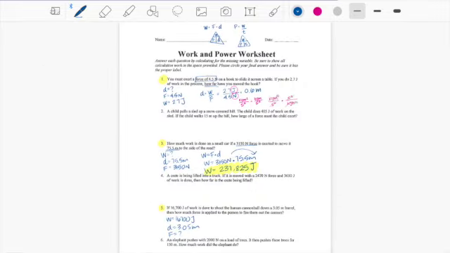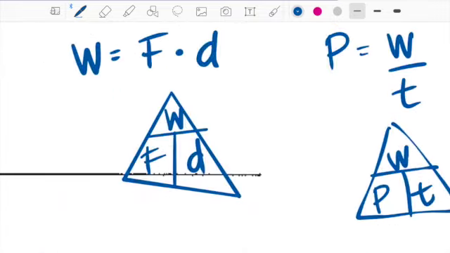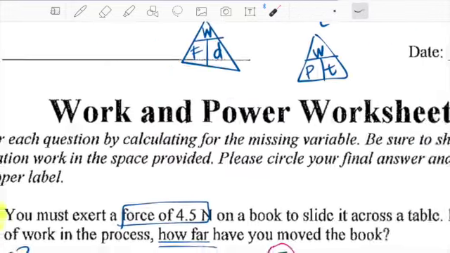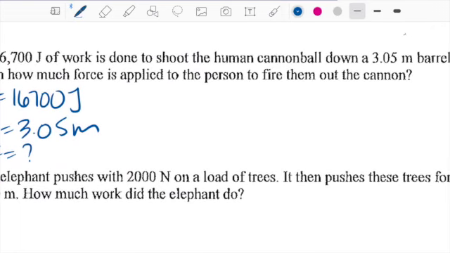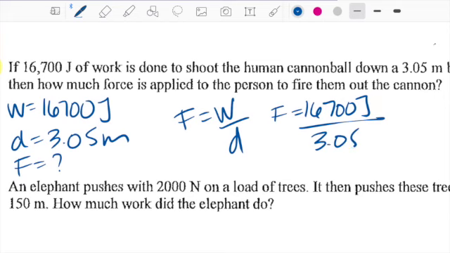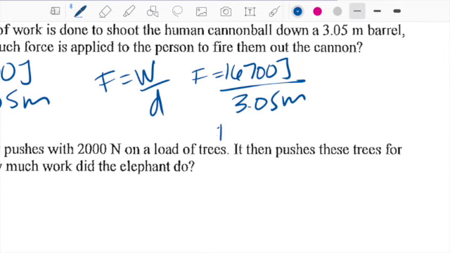Okay, so you go to your formula, and if we're searching for force, force equals work divided by distance. So force equals 16,700 joules divided by a distance of 3.05 meters. And the basic unit of force, we already know it, and your answer will be 5,475.4